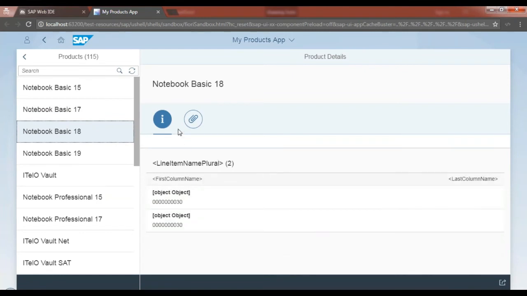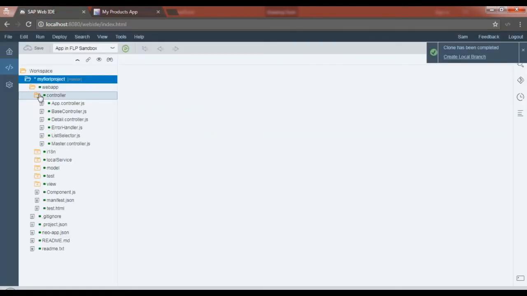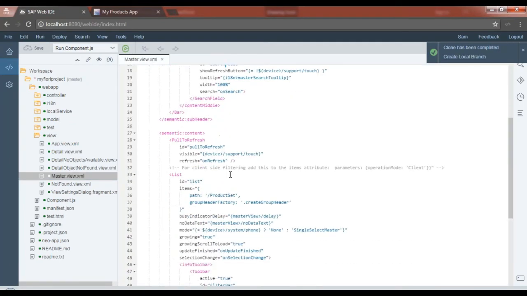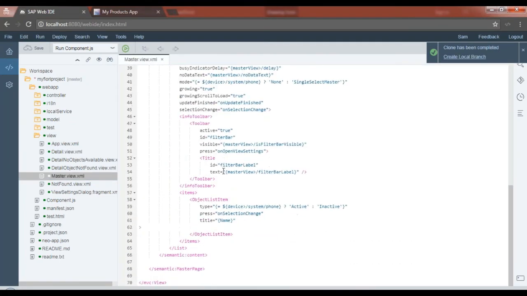Now let's say Sam starts contributing to this project. Sam has been given an assignment to change this master page, where Sam has to change this simple list to an object list, where you should not just show the product name, you should also show the product price, product currency, and probably, let's say, the product category. So Sam goes to the view, and that's your UI5 skill now. So this is Sam now, and Sam is going to use the object list item here, right? And then just add more